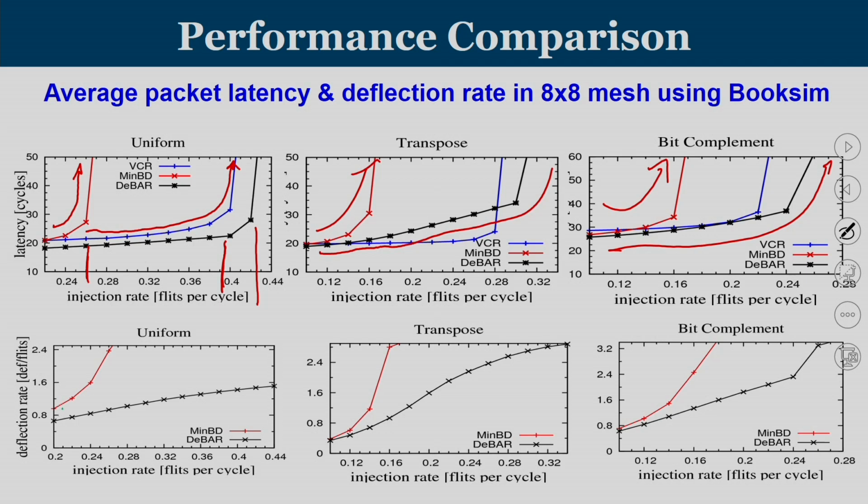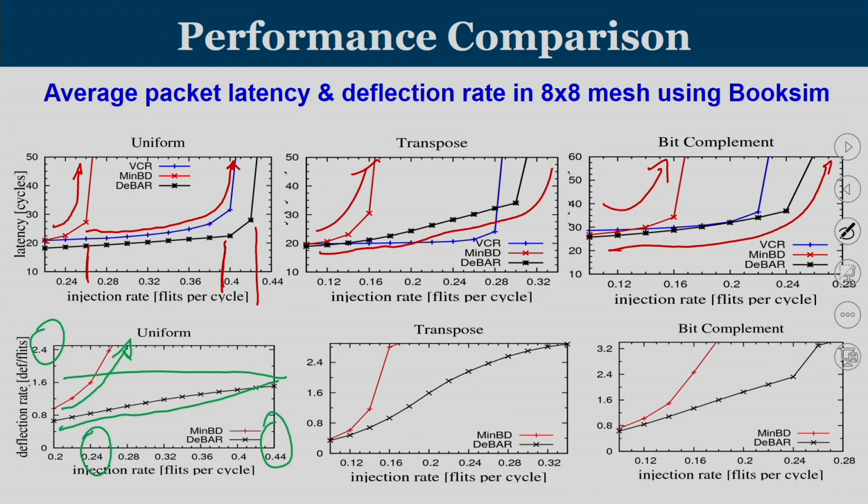For MinBD, you can tell that average deflections per flit is on the higher side. When it reaches 0.24 packet injection rate, you can see that every flit is getting roughly at least 2 extra hops, but the deflection rate of D-bar is also increasing. Even at slightly higher load, D-bar packets are experiencing roughly 1.5 deflections per flit. So, this graph tells that when the load is increasing, the conflict is increasing and more packets will get deflected away. But the number of flits deflecting away is drastically reduced in the case of D-bar because of a better